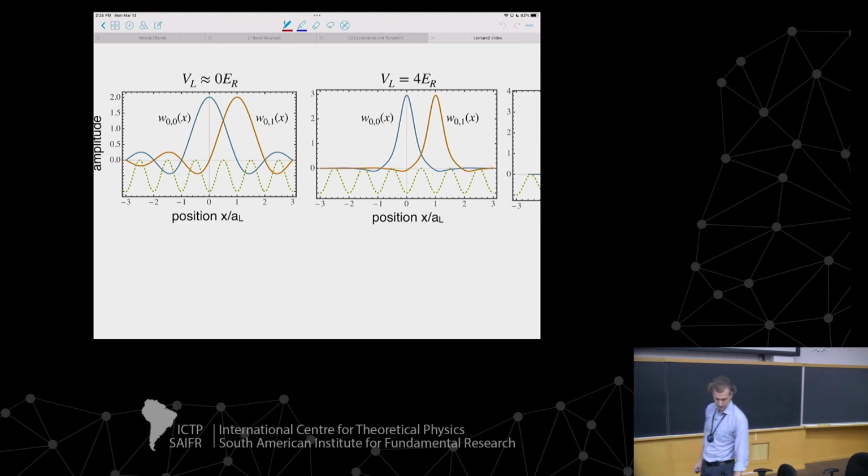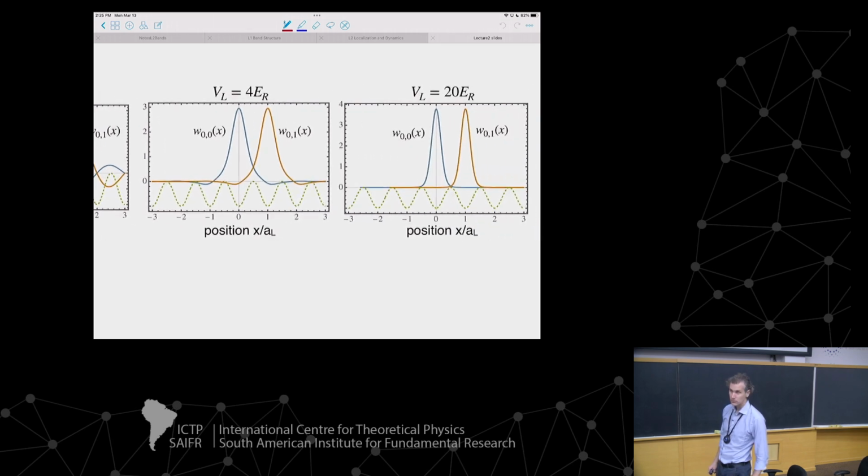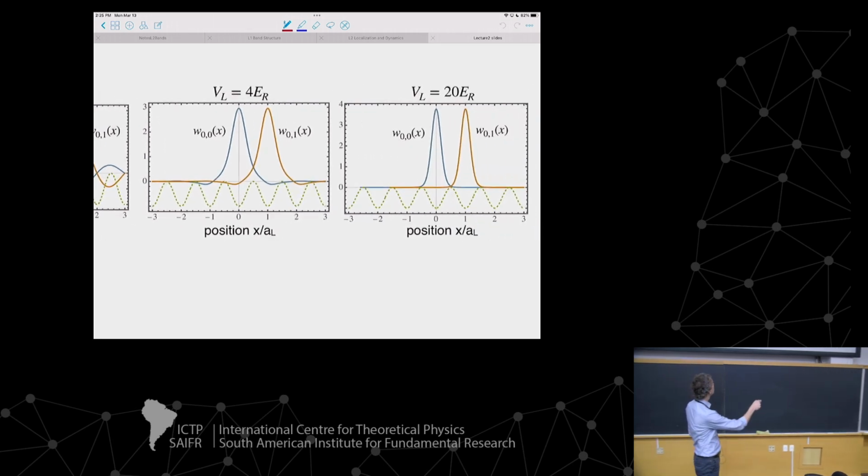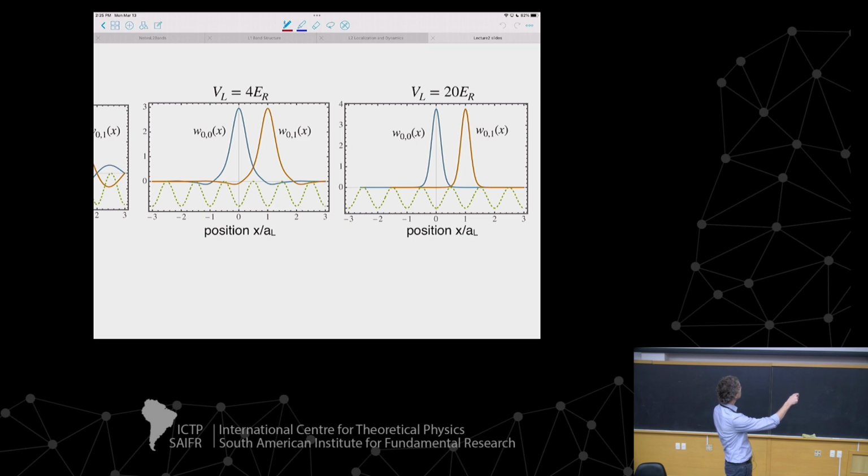And that keeps going if I make an even deeper lattice, which is now 20 recoil deep here. You can see that these start to look quite like harmonic oscillator ground states. And I'll tell you tomorrow that there is an actual limit in which those ground states look correct. But there's something really special about the Wannier state, which is not shared by the harmonic oscillator state